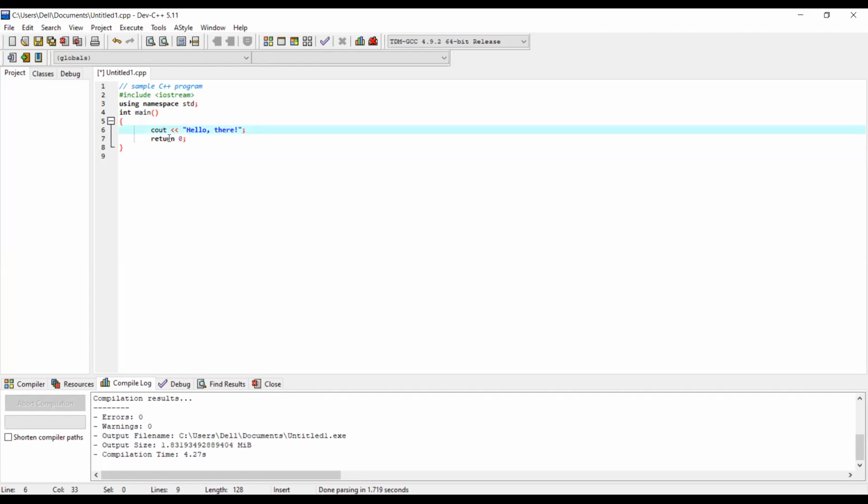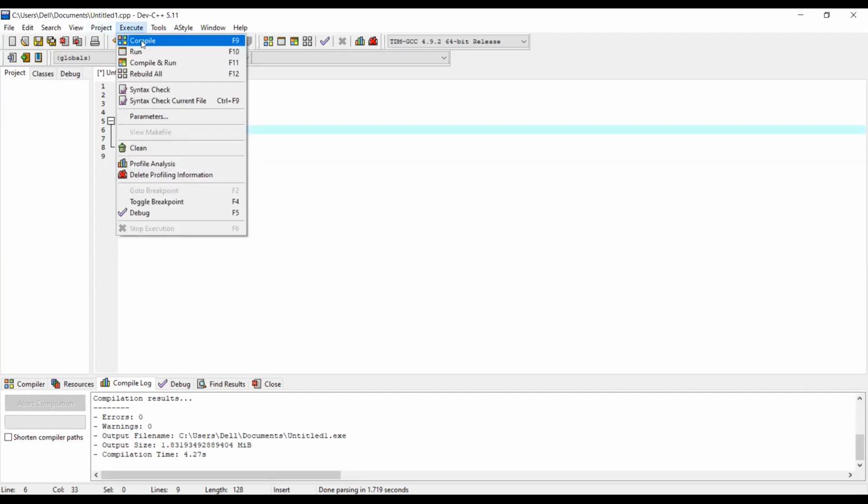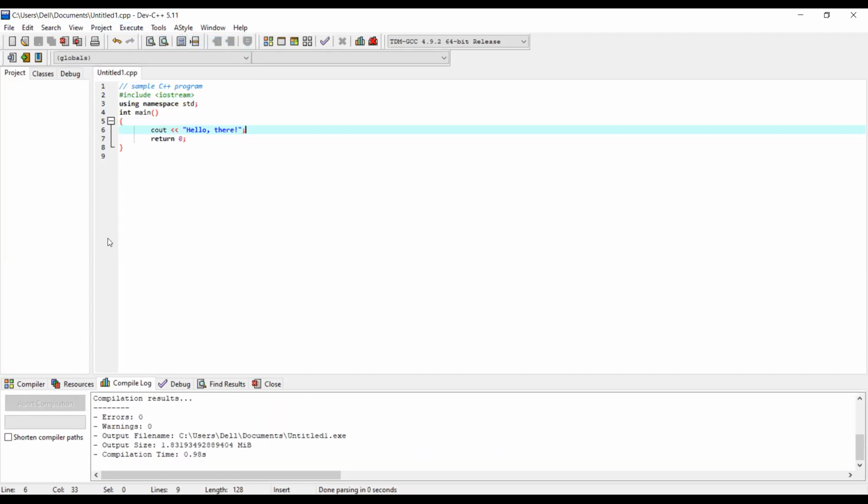In this program there is no variable declaration, there is no input, there is only one output statement, and that is this one. So I am going to execute this program by execute, compile. So you can see I am going to compile. After compilation, you can see at the bottom, what the bottom is indicating.